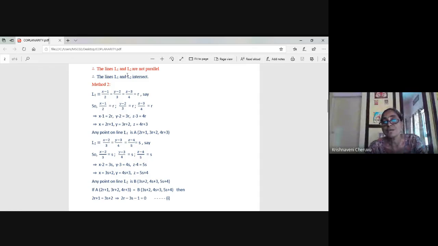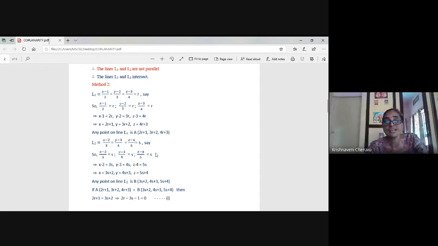See, in the previous method, we used the formula to check whether the given lines are coplanar. Now we are not using the formula, girls. We are just following a procedure. Try to understand method 2 so that you can easily do the problem by method 2, because here you will directly get the point of intersection also. So here you are first checking whether the lines are coplanar and intersecting, and at the same time you are going to get the point of intersection.